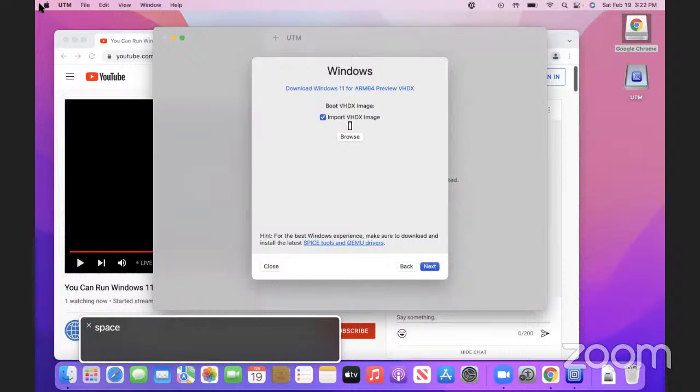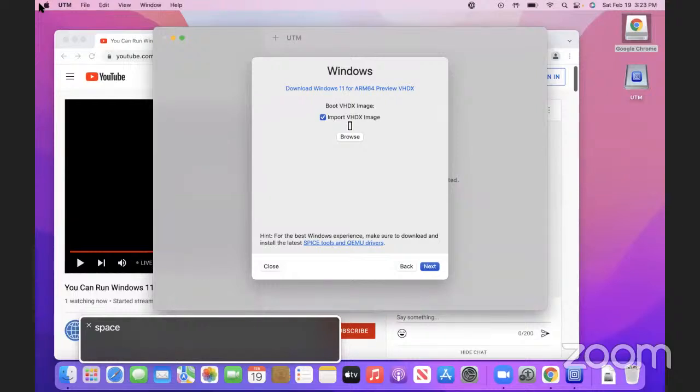Next, we have a little tip here that says if you need to download Windows 11, go to this link. It took about 15 minutes for mine to finish downloading. To save you the pain of watching me wait for my internet to download this, I've already done this for y'all, but you will need to do it for yourself if you haven't already. You'll have to sign into your Windows Insider account, or sign up if you are not an insider already,